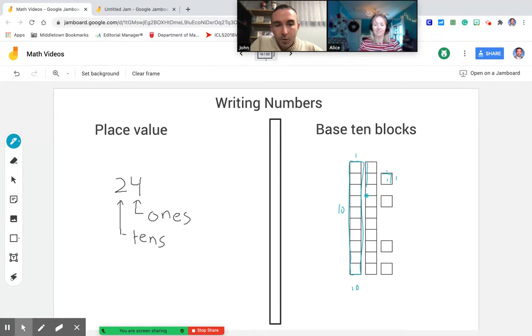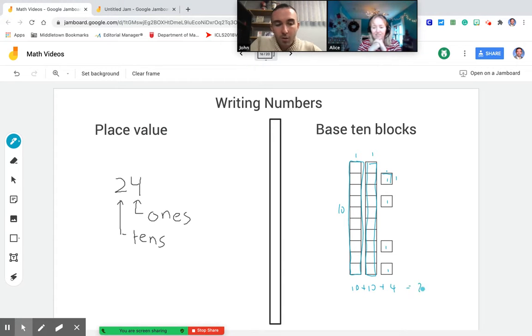Same here. This would be another 10 by 1 very long rectangle that is composed of 10 ones. And then we have these four loose squares, each of which is 1 by 1. So I have four ones here, and four ones is 1 plus 1 plus 1 plus 1, or 4. So if I want to come up with a number represented by these blocks, it's 10 plus 10 plus 4,